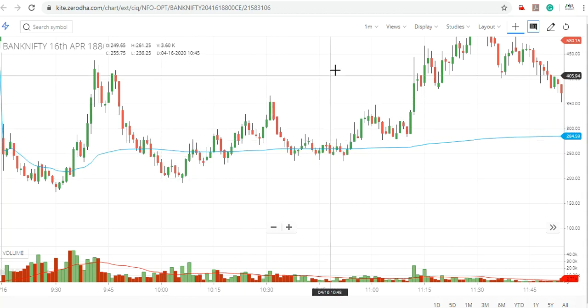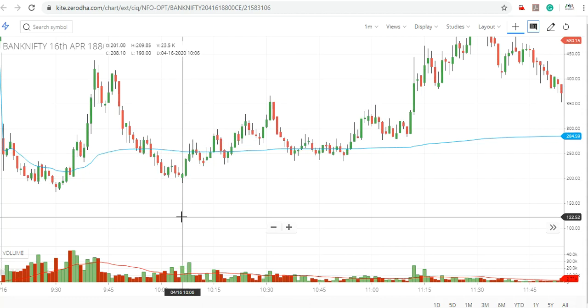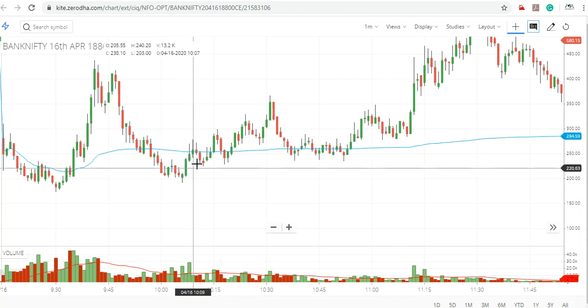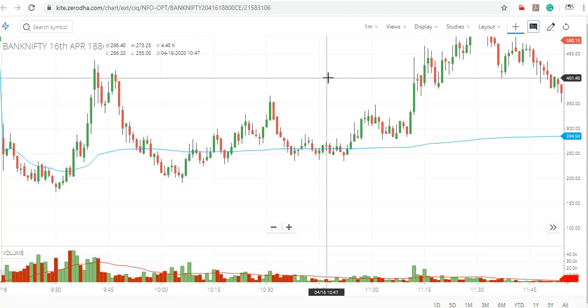You can exit wherever you want. Okay. Minimum is the range of the candle. In my opinion, with my experience, it gives minimum 2 times the candle range. Okay. 290, 209, it is about 19 points. 38 points, that 40 points you can scalp easily. 2 times the candle range it will give.